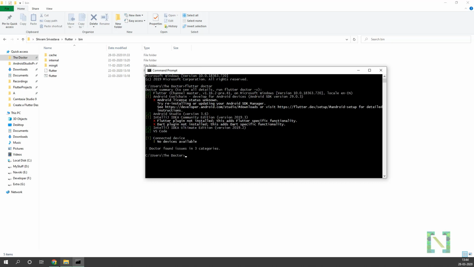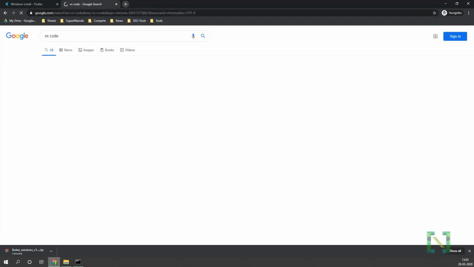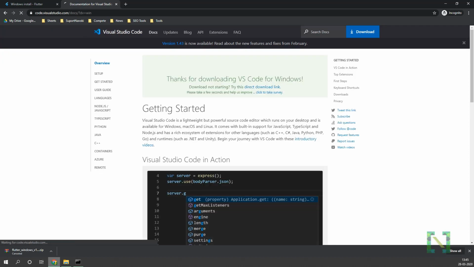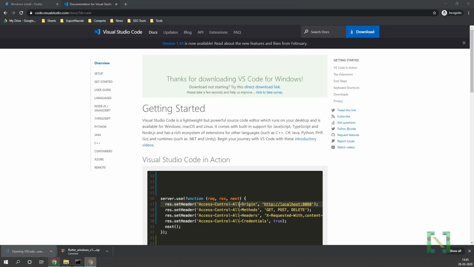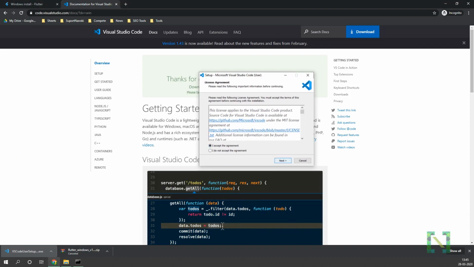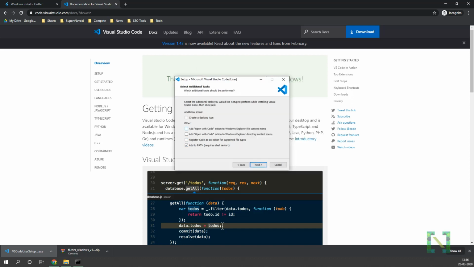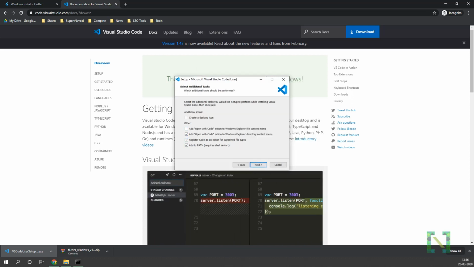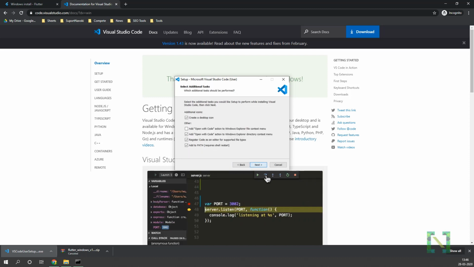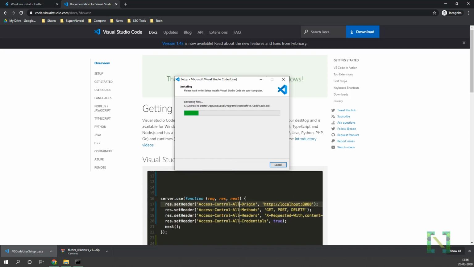To work on the project we need an IDE. So we are going to use VS Code as an IDE. Go to the official site of VS Code and download the Windows installer. Follow the installer's instructions and install the application. VS Code can be used to work on many projects with different programming languages. For the Flutter project, we need to install an extension in it.